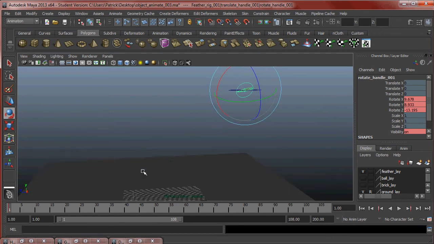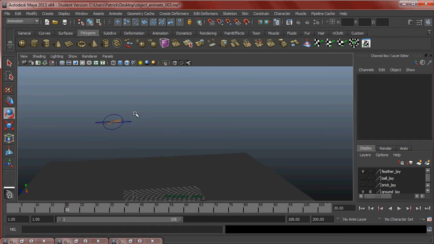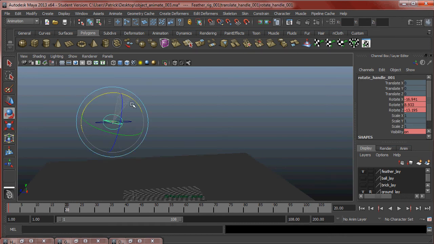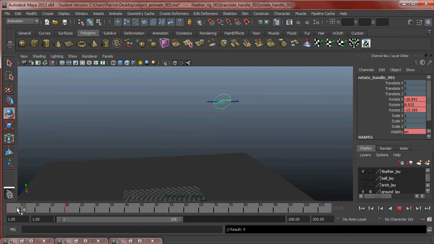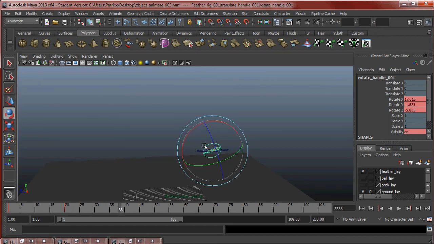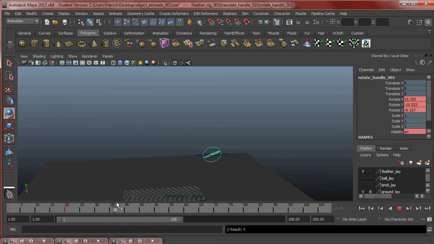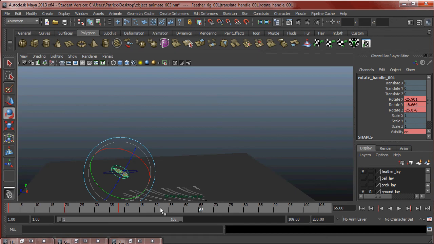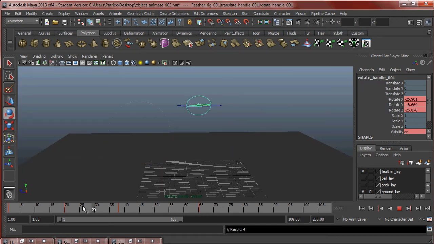As it travels to the right, boom, and we can always see where we change direction. So at this point right here, my leaf should kind of tip up like that. It's just swooping. And then at this point, maybe change it up just a little bit more. Pull it back again, rotate it, add a little bit of randomness to it. Get it rocking back and forth really nicely